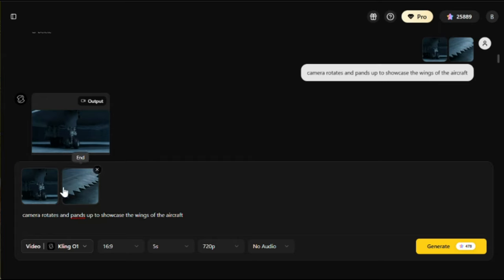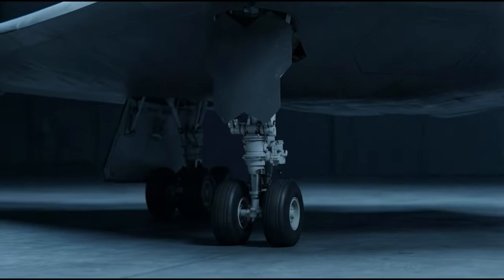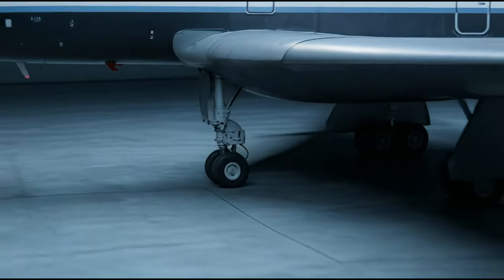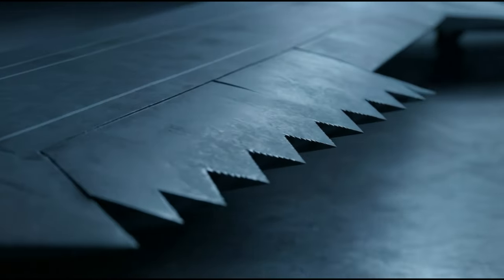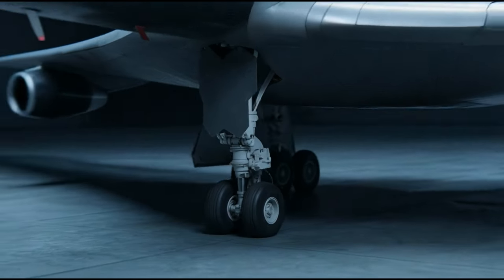This time I used this image as the starting frame and this one as the ending frame. Then I gave it this prompt. Again, it's pretty simple, and I clearly mentioned the movements I wanted. Now notice something important. In this prompt, I didn't mention the aircraft type, which was a mistake. I'll show you why in a moment. This is the video it generated. As you can see, it nailed the camera movement perfectly, but the aircraft looks weird and glitchy, and it's definitely